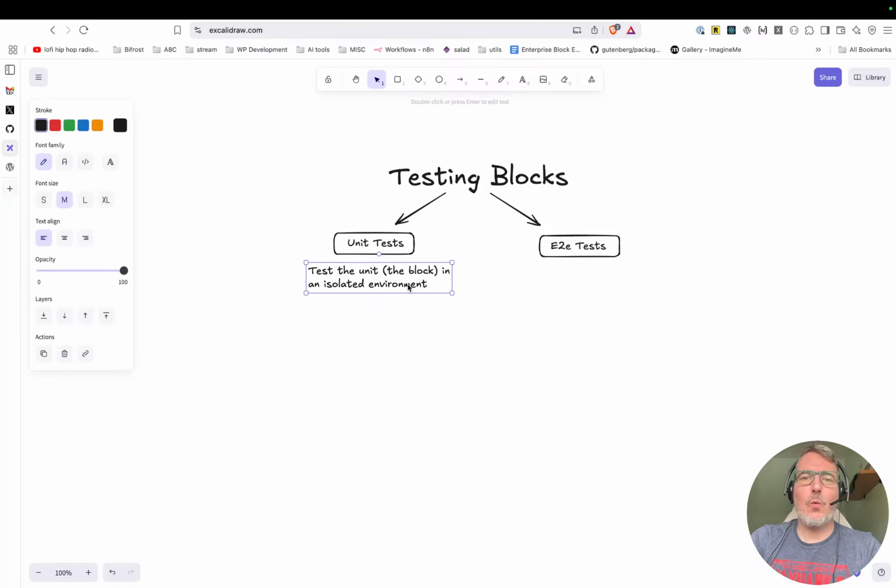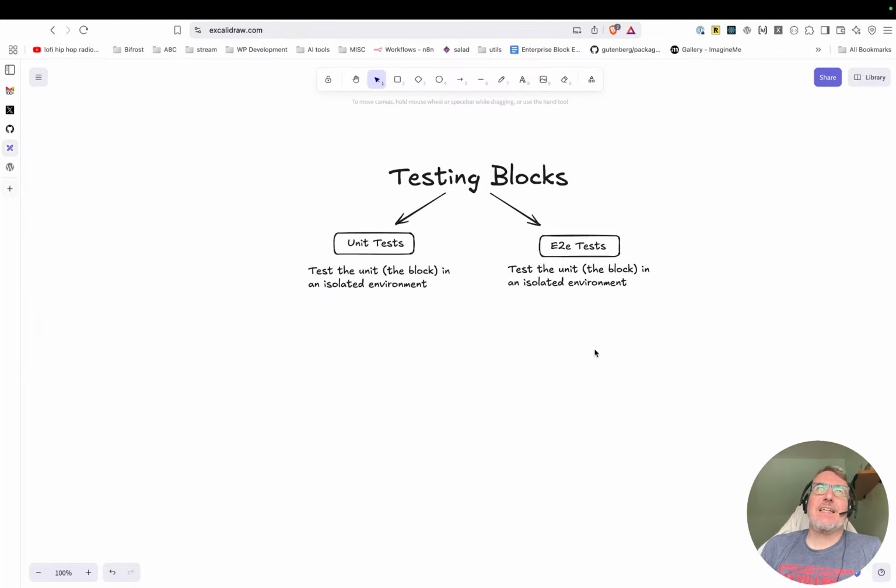So here what we will test is that the different pieces that can form a block work as expected. In the case of a block, I would say that it's like